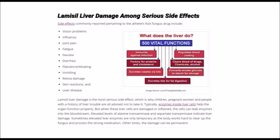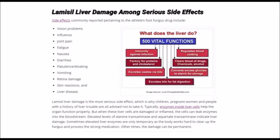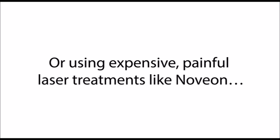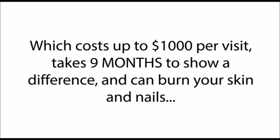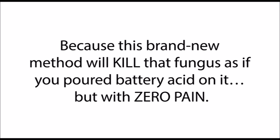It doesn't involve taking any nauseating drugs like Lamisil, which can also harm your liver, or using expensive, painful laser treatments like Noveon, which cost up to $1,000 per visit, takes 9 months to show a difference, and can burn your skin and nails, or rubbing cream after cream on the infected areas in total desperation when you get no results. Because this brand new method will kill that fungus as if you poured battery acid on it, but with zero